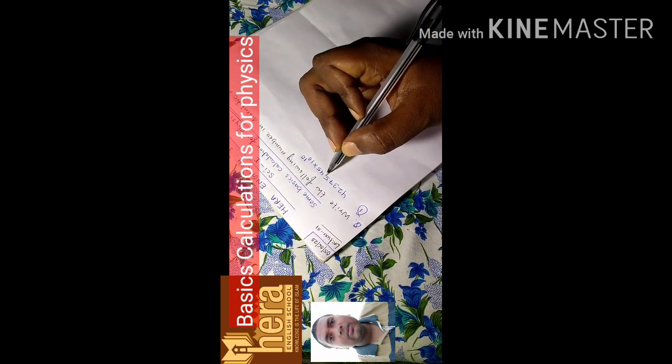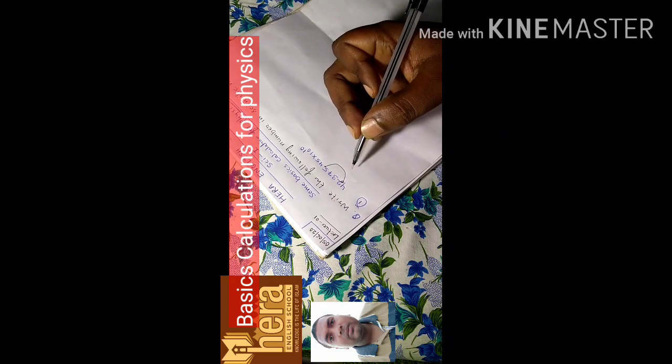So here we are going to discuss scientific notation. Here I will take some examples. Suppose this is a number. You have to write this number in scientific notation. So first of all, what you have to do is move this decimal from here to here, which means after one digit.